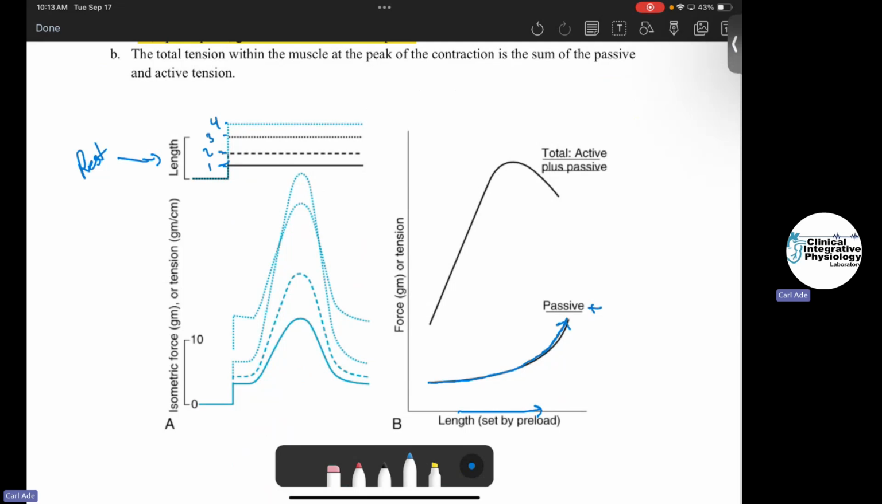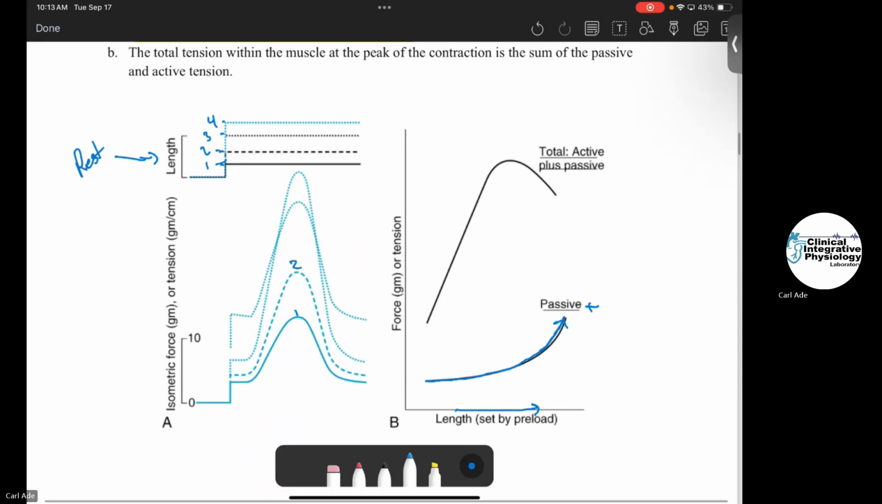If I stretch it and then hit it with an action potential, and I see how much isometric force it can generate, we can see 1, 2, 3, and 4. There's different amounts of tension produced. If we transpose this over to my figure, I'll put 1 right here. So I stretched it here and it generates that little bit of force. I stretch it to, say, 0.2